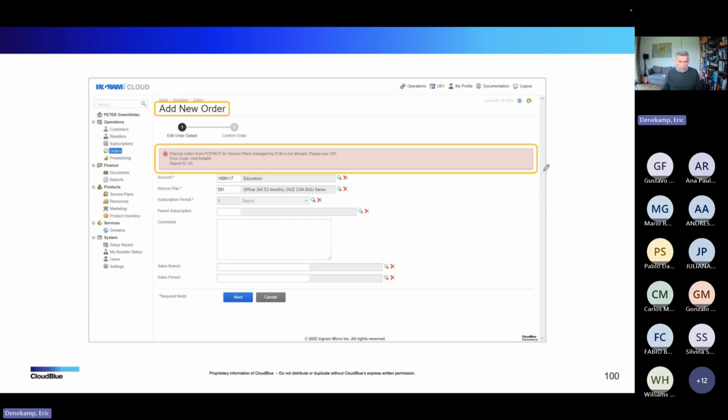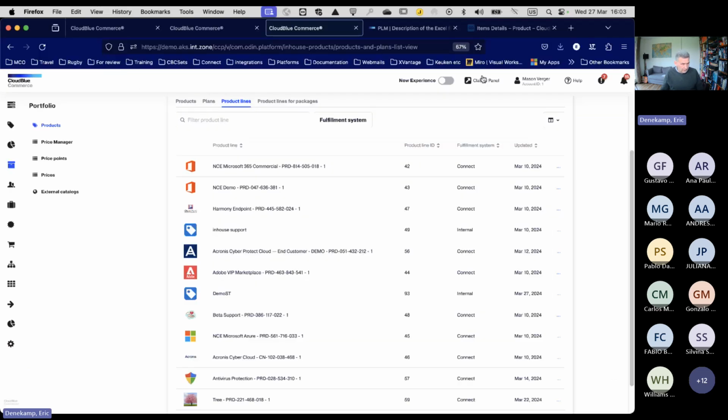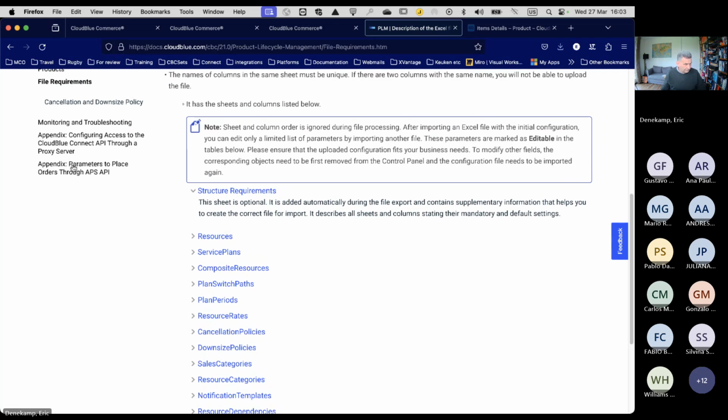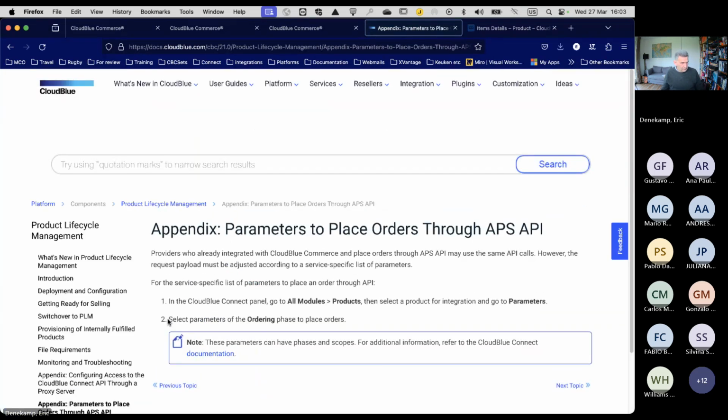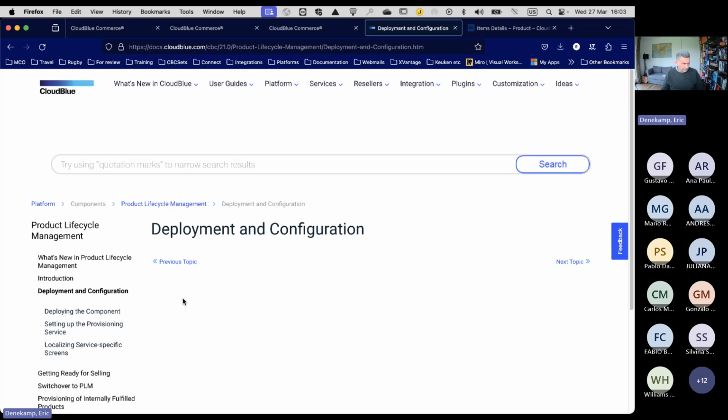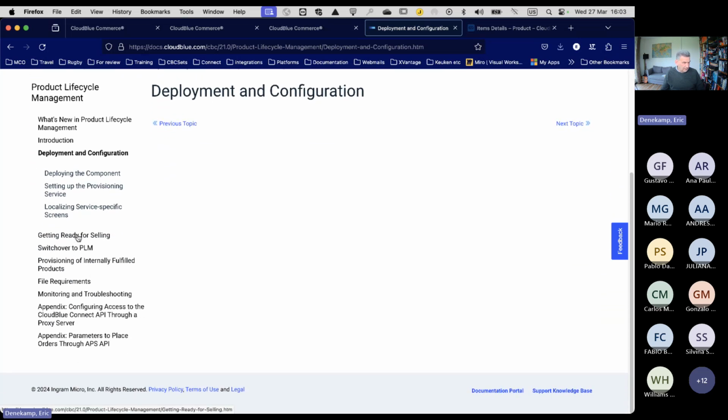And let me go to my documentation quickly because I want to verify something. Place order through the API for PLM is an option. Configuring is there. Get ready for selling.